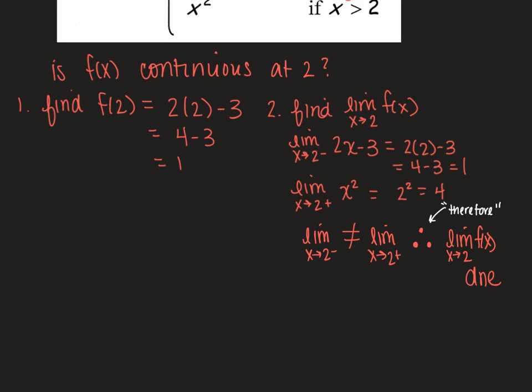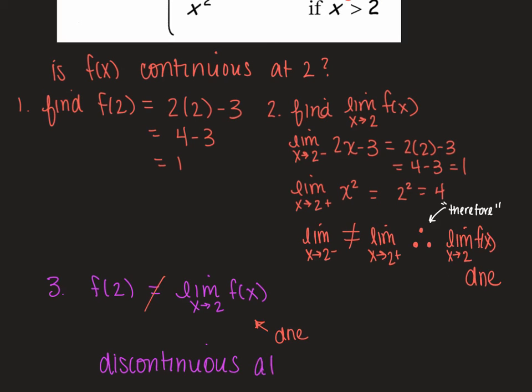So our real goal is, after we do these first 2 steps, we compare them, right? So step 3 is always, we need to hope that f of 2 equals the limit as x approaches 2 of f of x. That's what we want, but for us, it is not equal. We have a big problem here because this limit does not exist, right? If something doesn't exist, it can't equal 1. That's pretty basic. So since that does not happen, this is discontinuous